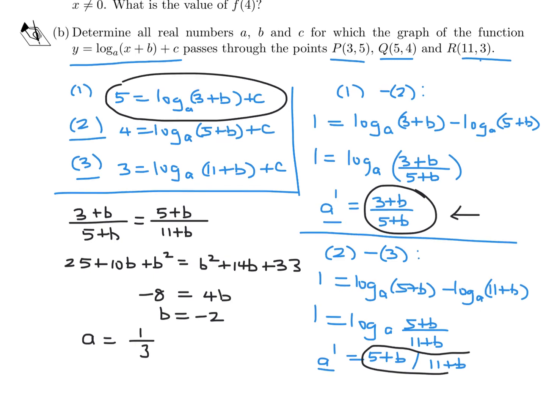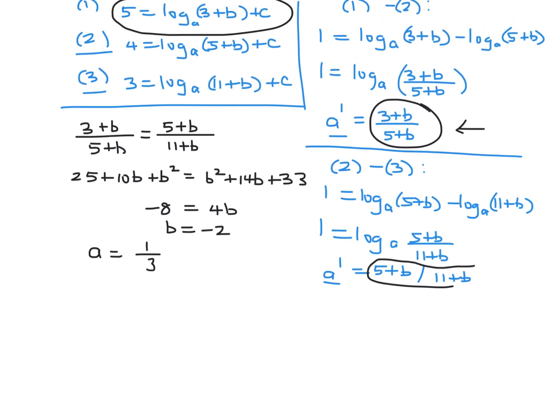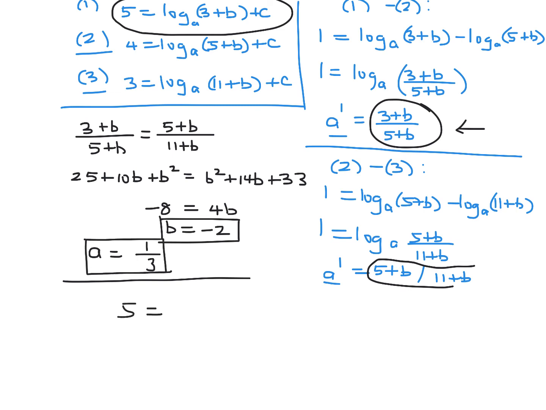Okay, let's use that one. So c would therefore, this is b, this is a. So c looks like 5 would be equal to, therefore, log of 3 minus 2 to the base 1/3 plus c. Okay, so that means the 5 is equal to, let's see, what am I going to do here? Put c over to the other side, log of 1 to the base 1/3. So that would mean,